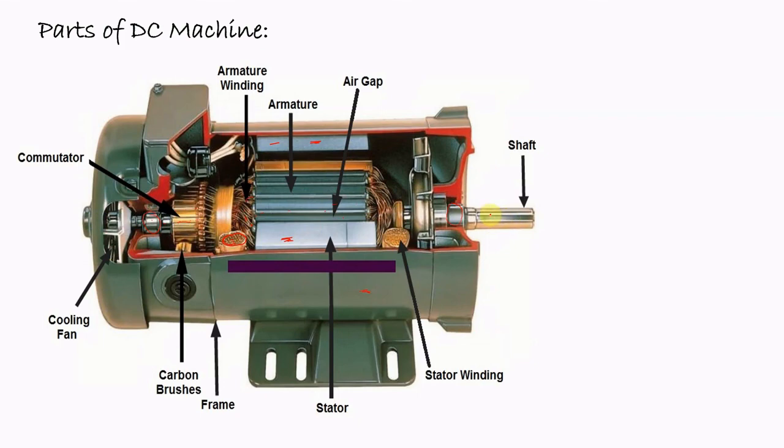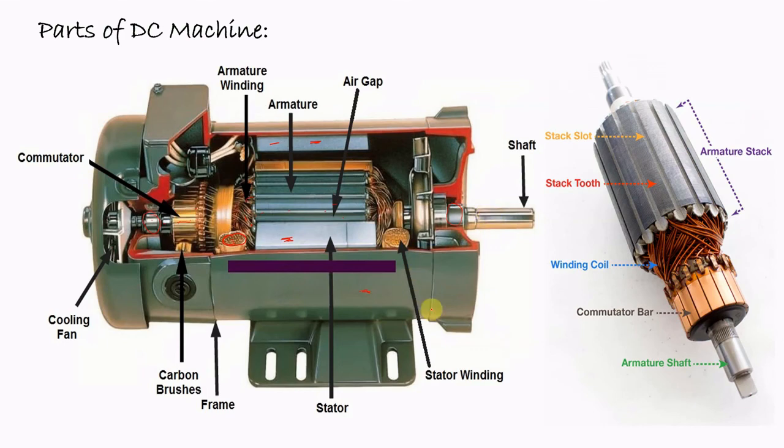If we want to see the rotor separately, so this is the figure of the rotor only. Here this is the armature, or you can say the core of the armature. These are the slots. Within the slots, the armature conductors are placed, or the armature windings are placed, either in lap connection or in wave connection. Then all the conductors of one slot are connected to individual commutator segments.